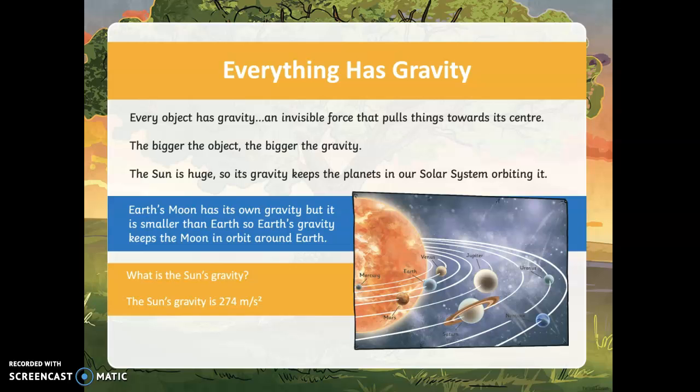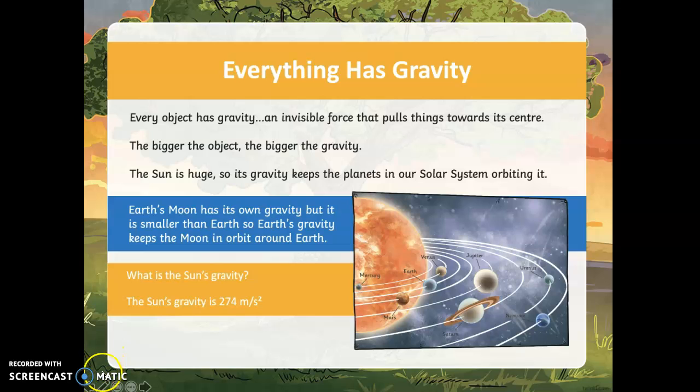Before we move on, I just wanted to make a point about saying that everything has gravity. In principle, if you have two objects, for instance your water bottle and a Pritt stick, and you put them on a table 30 centimeters apart, if you left them for enough time, eventually the Pritt stick would move towards the bottle of water, because the bottle of water creates its own gravity, and that is stronger than the gravity of the Pritt stick. However, this would take so long that unfortunately no one would be around to ever witness what has actually occurred.